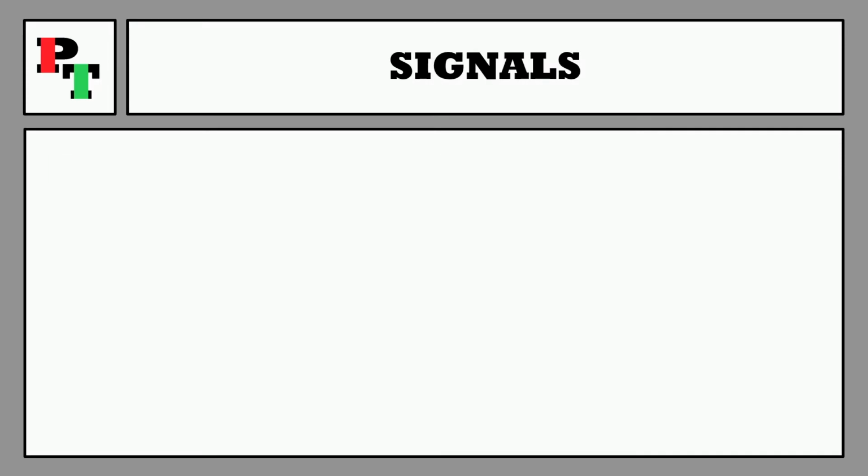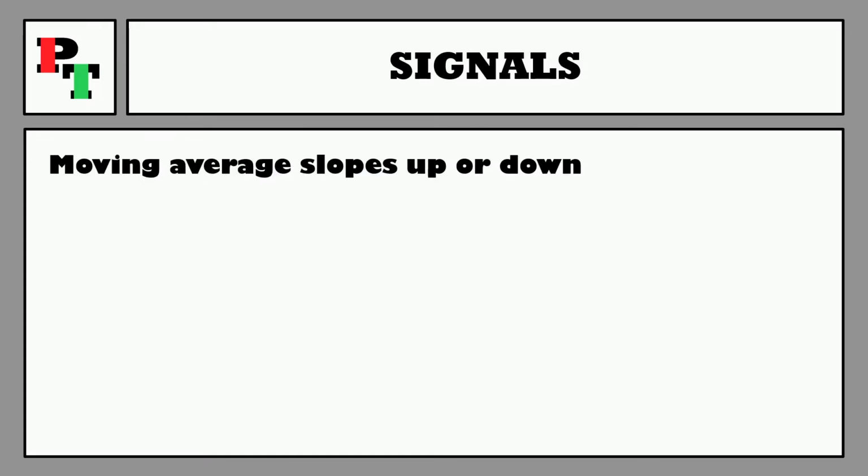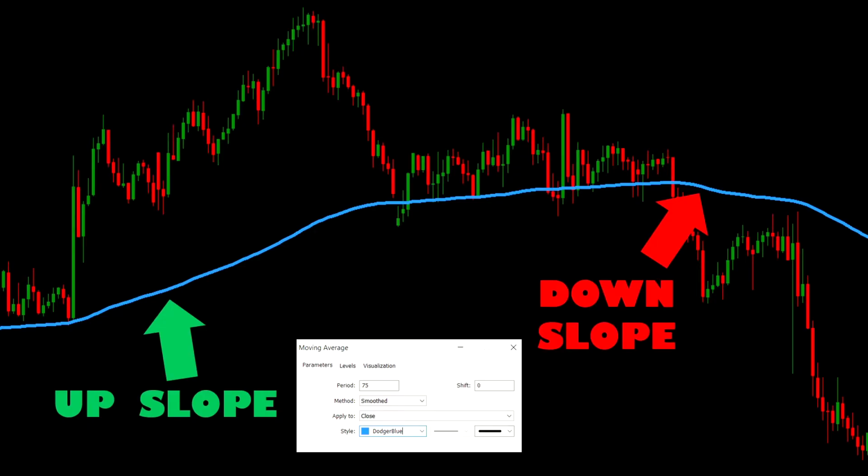Okay, and what kind of entry signals can we take from the smooth average? Well, it's the same entry signals that we could take from any moving average. So here it in fact isn't going to differ from something like the exponential average. The easiest of those signals is just to take a quick look at whether your moving average is currently sloping up or down. When the moving average begins to slope up, that suggests buyers are taking control over sellers in the dance,